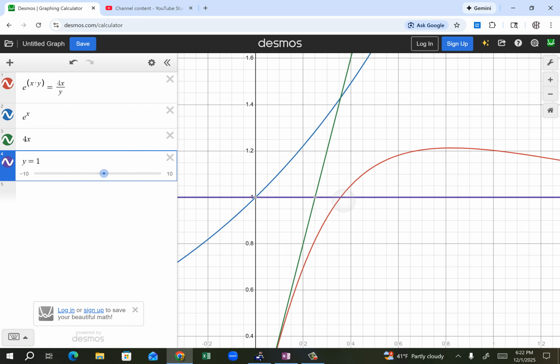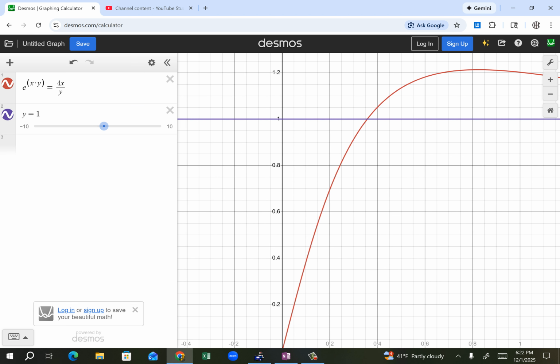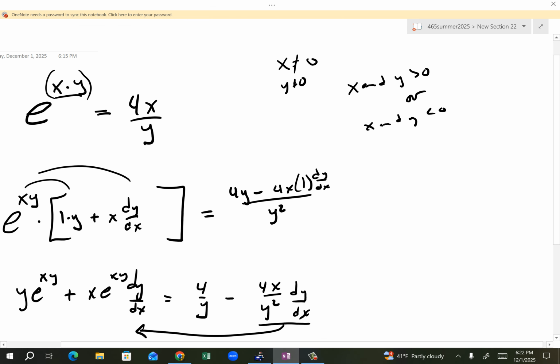And what I'm saying is where these guys cross right there is the point 0.3 whatever, comma 1, right? That's this point right here. You with me? 0.357, comma. Don't worry about that 0.142 part because we only said, hey, we want to know where our x's are equal to each other, okay? And so if I did that, well, that means then that 0.357 comma 1 is a point on this graph. Is a point on what graph? Is a point on the red graph. So if you put in